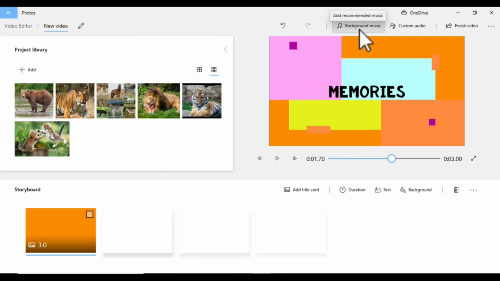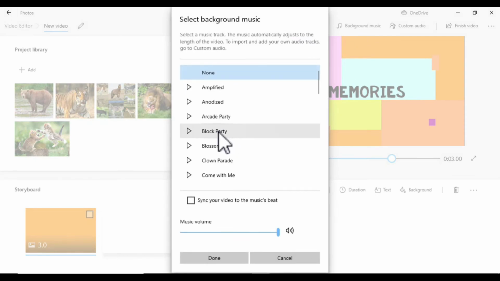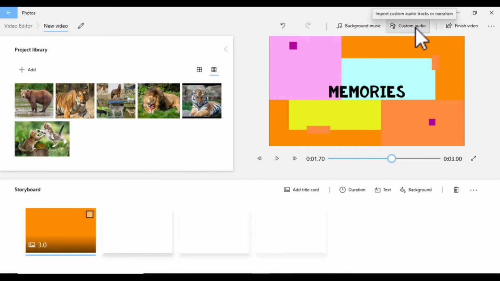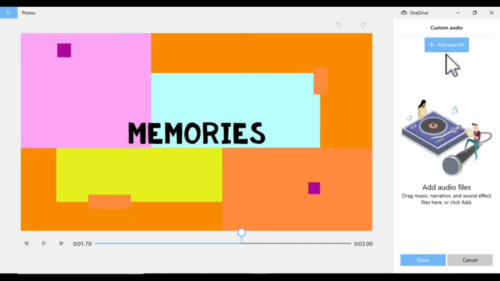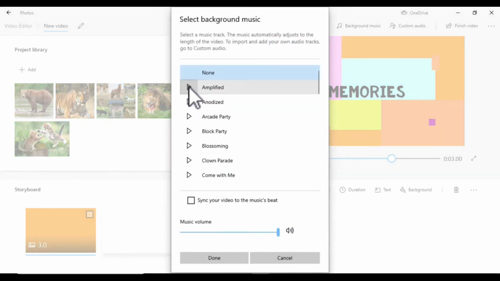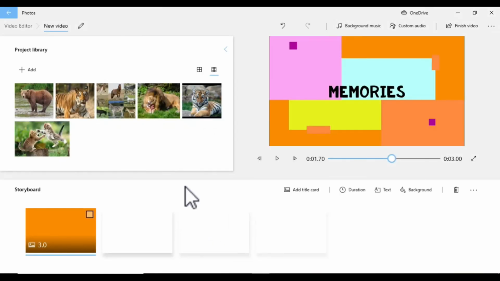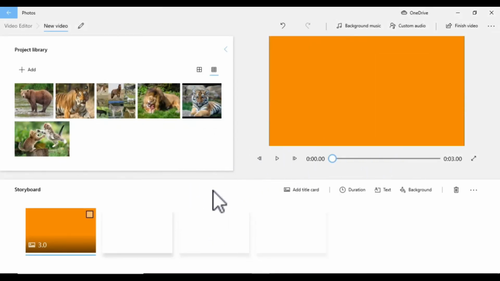Have you noticed that we don't have any background music? This is the button from where you can add your background music. These are some built-in music. You can add your own by clicking on custom, then you can load a file from your library. But I will go with the default one. And of course, you can listen to them before applying. This looks good, and this is for the volume control. Okay, so music has been added.